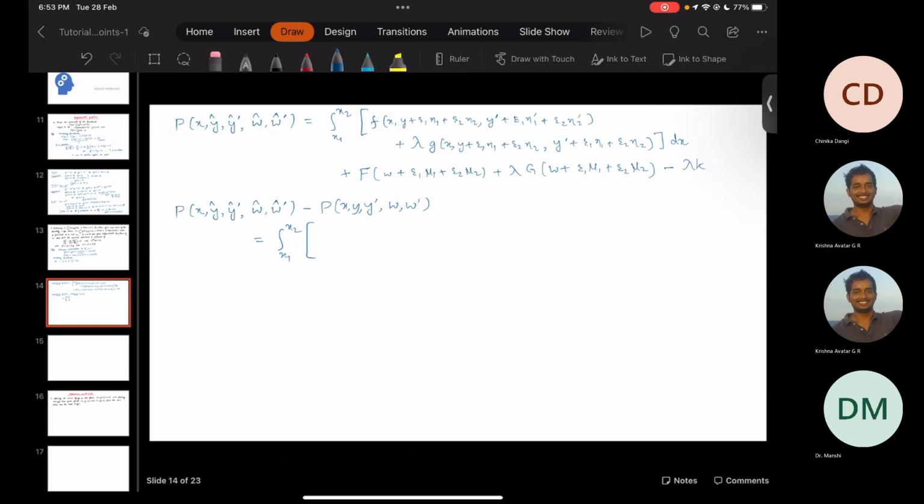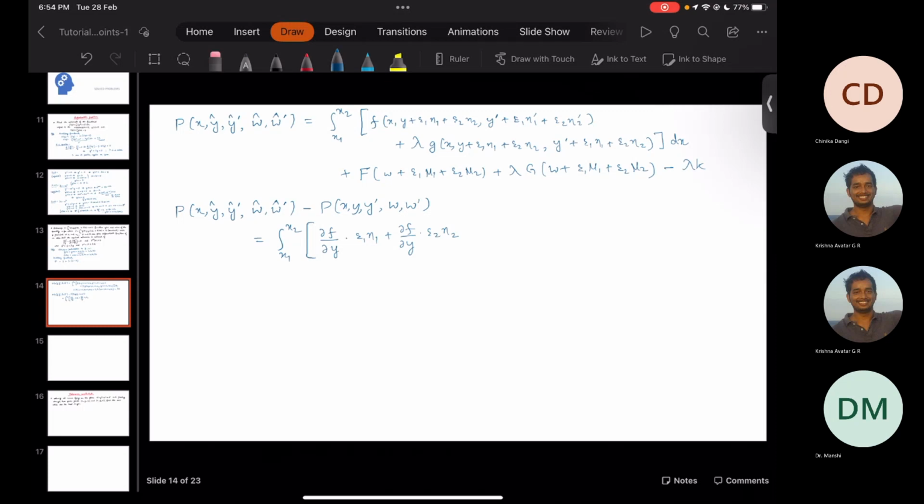So let me start with dou f by dou y into epsilon 1 eta 1 plus dou f by dou y in terms of epsilon 2 eta 2,